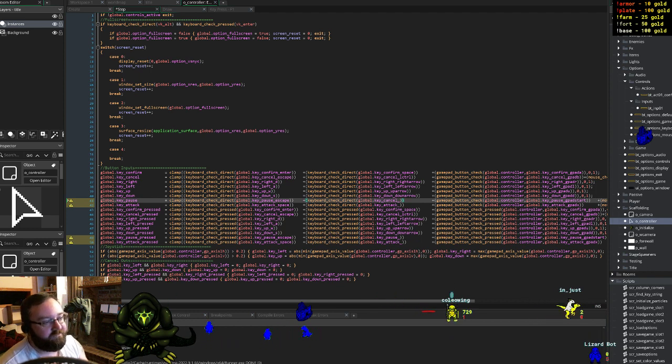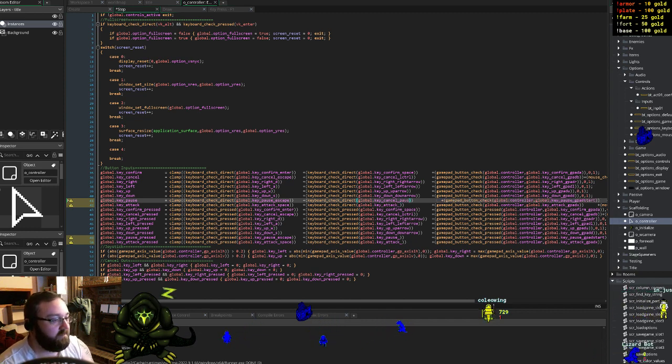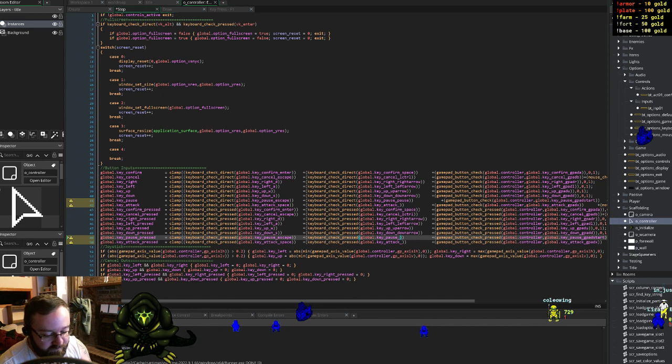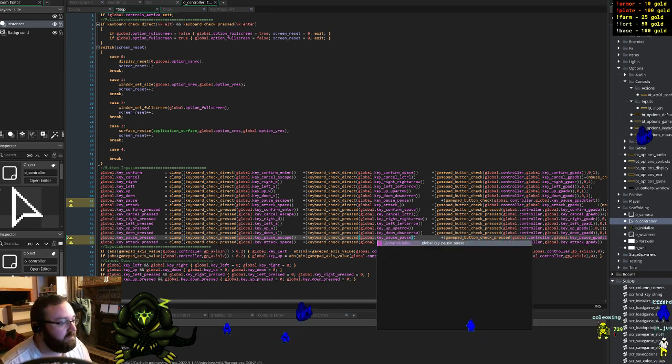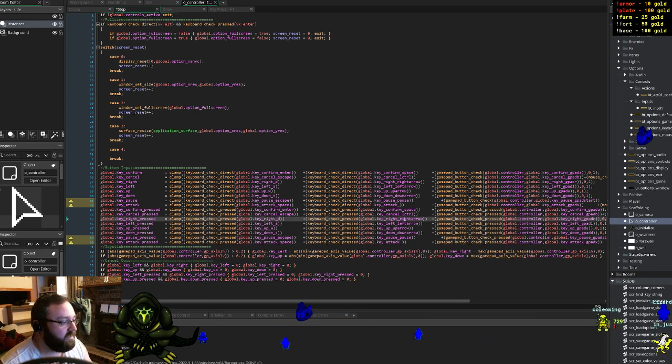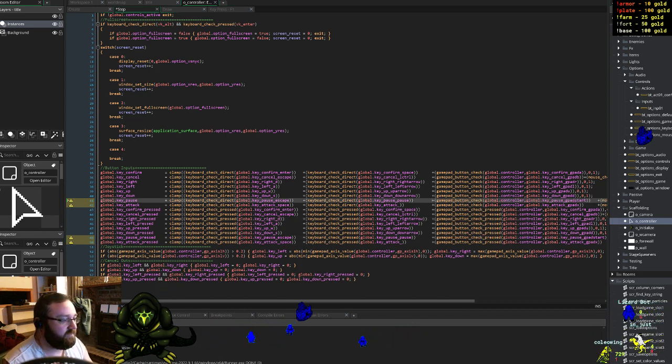Alright, so the new keys for a pause button. I guess pause would be a good pause button. So instead of cancel, this will just be pause, pause. Right? Makes sense to me. What else would you use for a pause button? Enter, maybe? I'm just gonna use pause. Why not? Honestly, I mean, escape's what people are probably gonna use. The other one's just like a bonus. Doesn't really matter. I just want to allow two keys